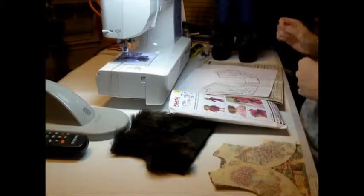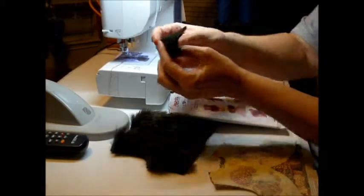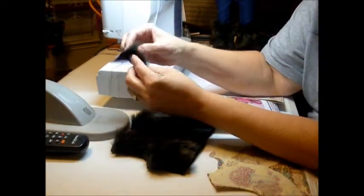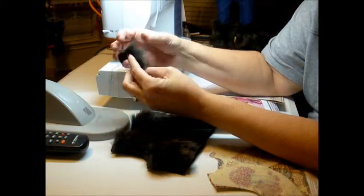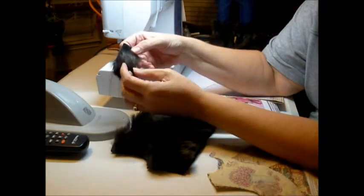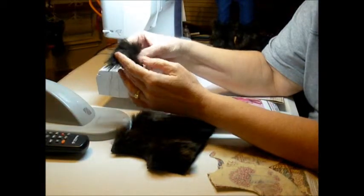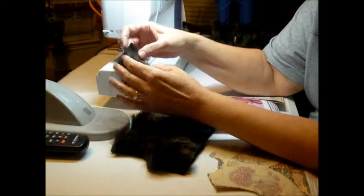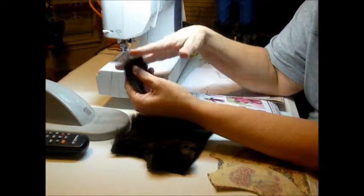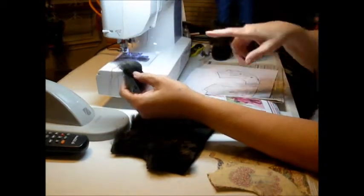I saved a couple pieces of fur to show you. And this is the fur right here, and if you notice, the fur is very thick on this mink. So what I did is, when I started trimming all of the light brown and then the tan highlights, I trimmed that all off until I got to the undercoat. So I started with only 1/4 of an inch at a time, and then I worked my way down,